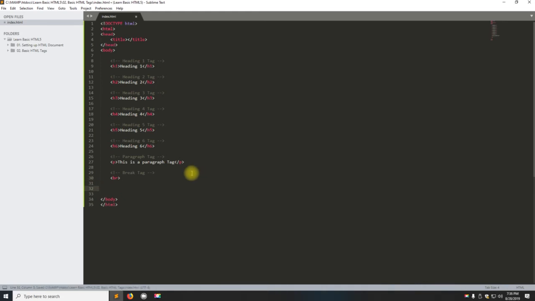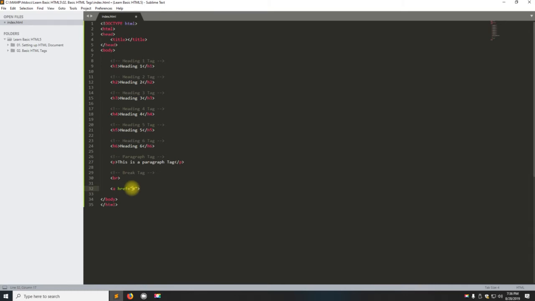And then I'm going to return. And we're going to do the anchor tag. So we're going to do left bracket A, and then I'm going to type in href. And it should autofill for you right here. So I'll show you what it is right there. So do an equals and then quotes, and we're going to do a hashtag, which means it will go to